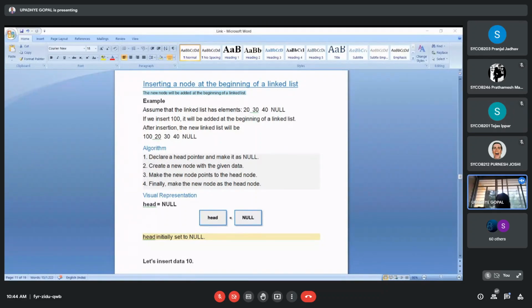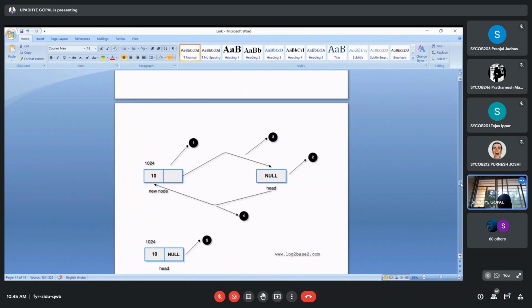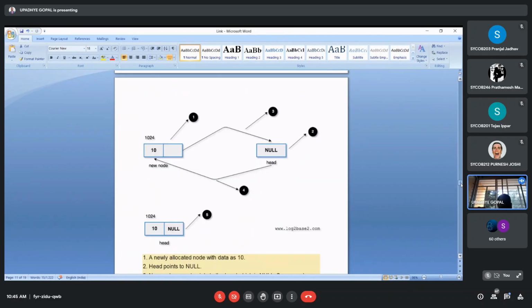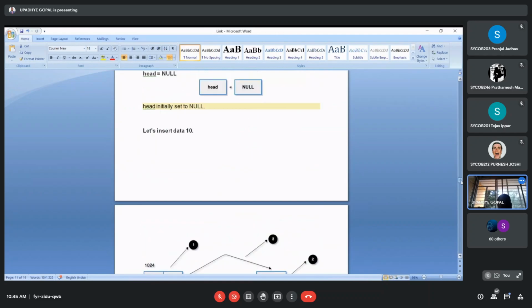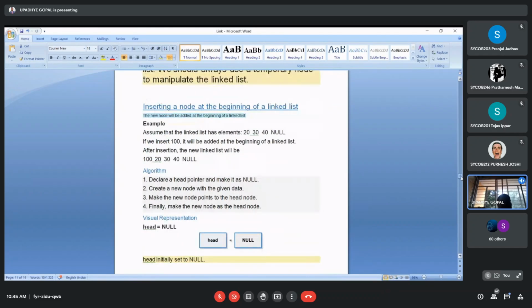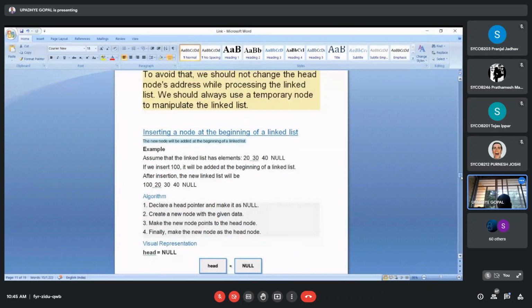So for those who are not comfortable with this, I will have a small discussion on this again. If you're not clear about all this, I will show you the steps by means of which we can insert a node, because it is required for the further discussion.